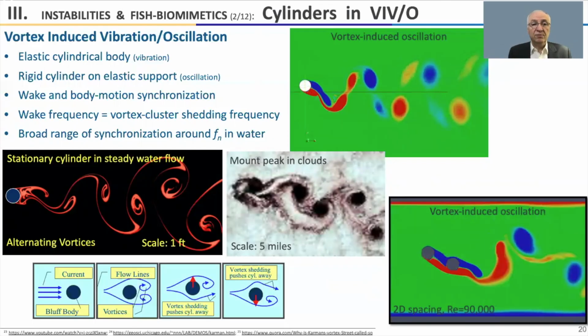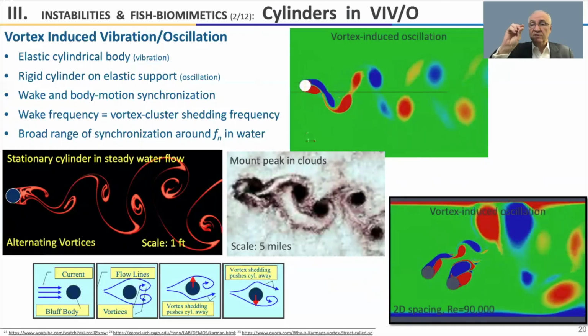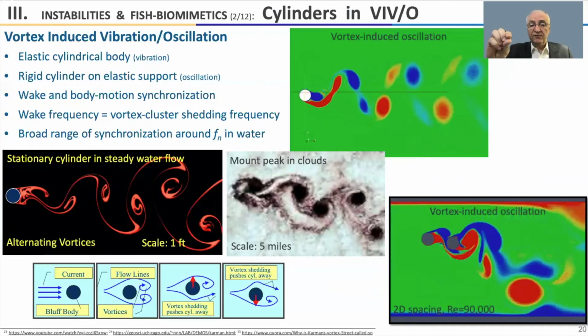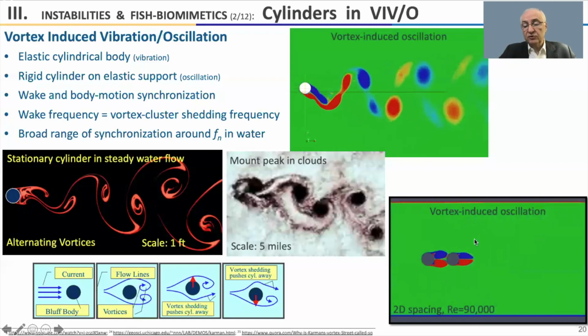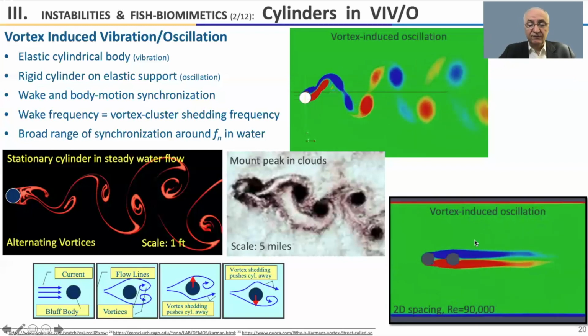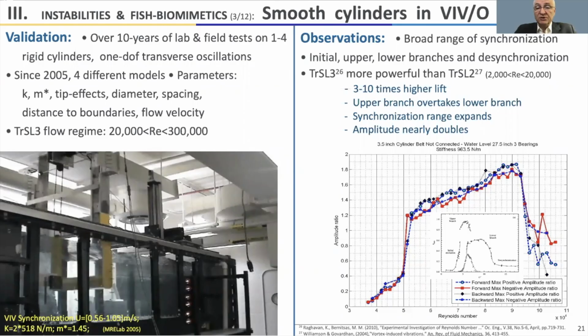The other thing to remember is that this is a very highly scalable phenomenon. Tiny fishnet filaments or big buildings can go into VIV. And the picture, of course, of kinematics gets even more complex when you have multiple cylinders. How does the response amplitude operator for vortex-induced vibrations look like? It depends on the flow regime and some other properties.